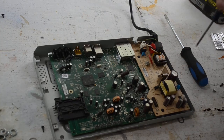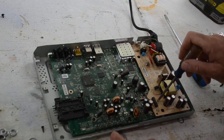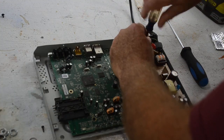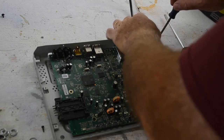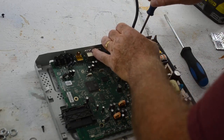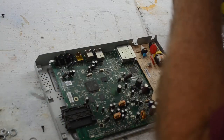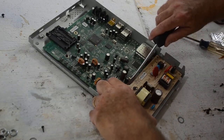It's heavily gold-plated. So here's the power board. It's sitting on top of this main board. And this power pass-through over here, this is all heavily gold-plated. I'll bet if I take these screws out, I can lift this power board right off the main board. And this connector will come apart. Ground wire off. Here we got another power cable, a little more copper wire. So I would bet with a little bit of prying, yeah,